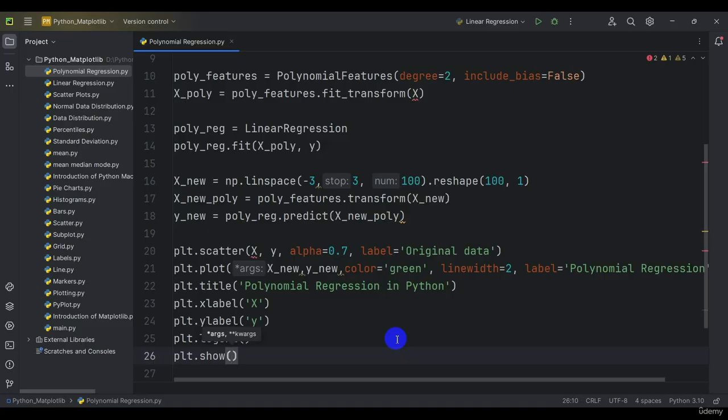So in this tutorial I am create for the generate some random data for transform the features to indicate the polynomial terms and create a polynomial regression model and visualize the curve. So this allow us to how see how well the polynomial regression fits the data. Okay, so now save this code and let me